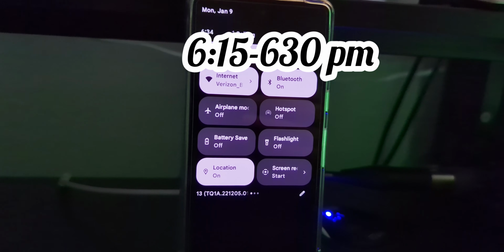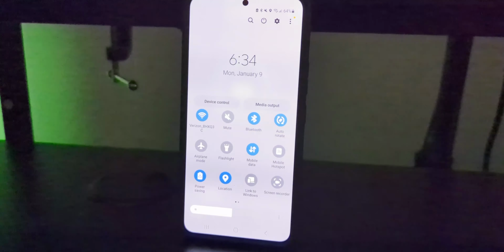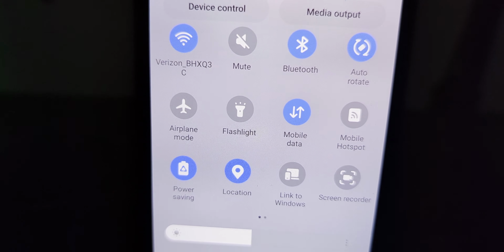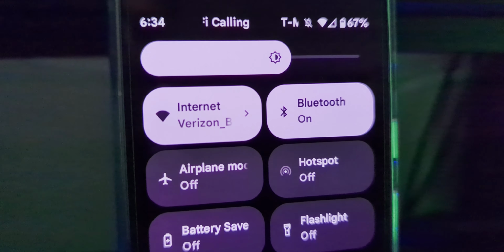All right, so we got the Google Pixel 7. We have the iPhone 14 Pro Max. Then we have the Samsung Galaxy S22. All of them are on the Verizon Home Internet connection. You guys will see it pictured on each one with a check mark indicating the connection. So we are golden. All right, we're going to go ahead and do the Ookla speed testing, and then we're